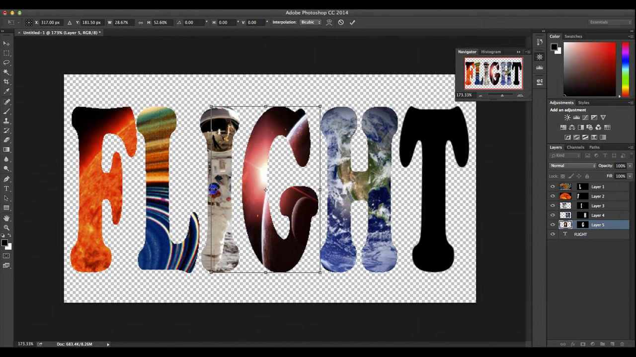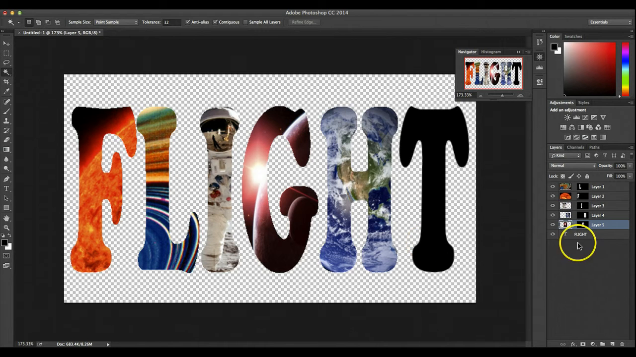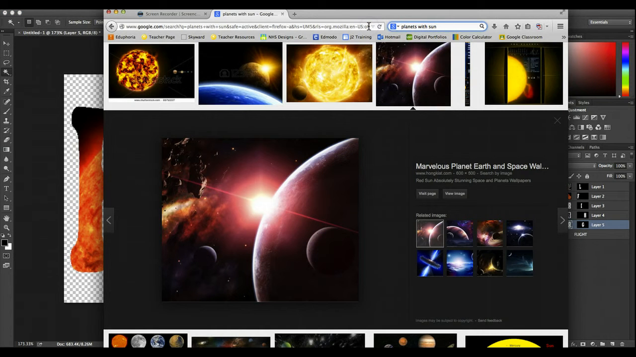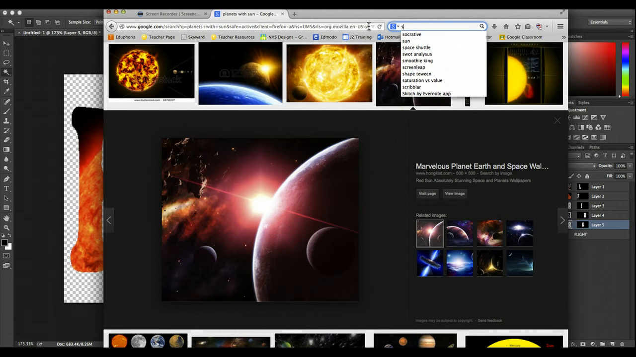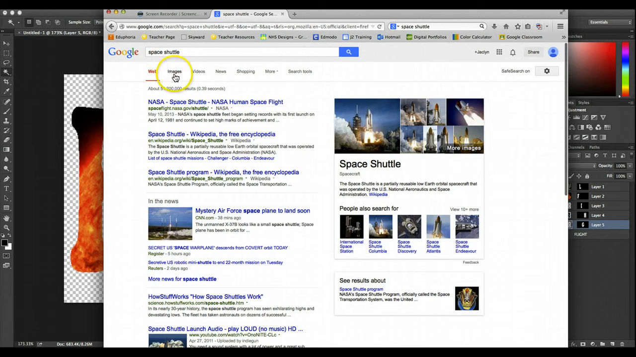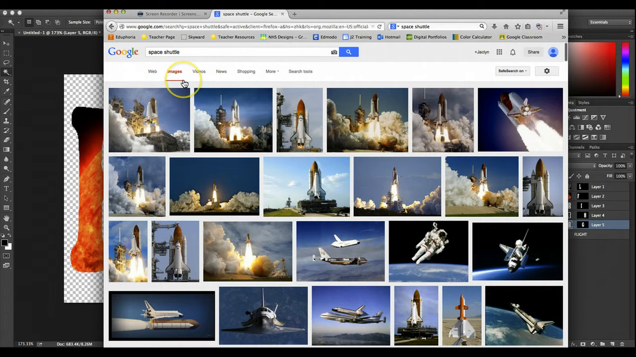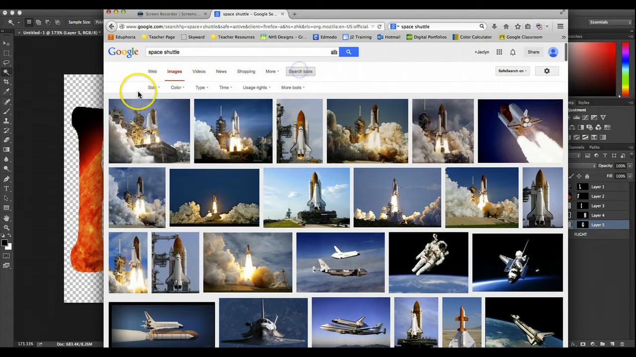Gonna do something like this. Okay, then I'm gonna do my T. I'm gonna do a space shuttle, I think. No, I'm gonna do a space. Let's do a space. Yeah, space shuttle. Images. Let's do